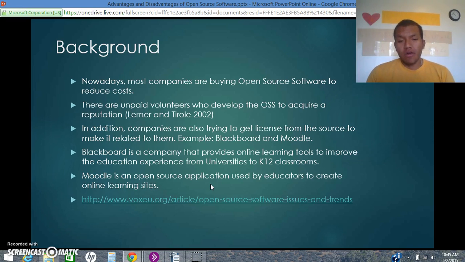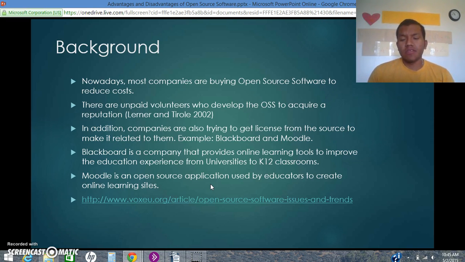According to Lerner and Tyrrell, in one of their articles they wrote in 2002, there are unpaid volunteers who develop the open source to acquire a reputation, which means they will be rewarded in the job market. So they do this unpaid volunteering so they can get a better job with other companies.